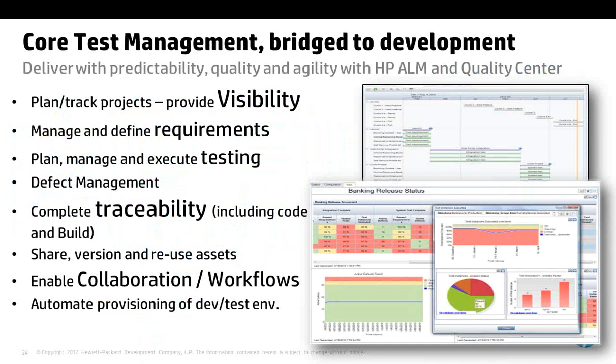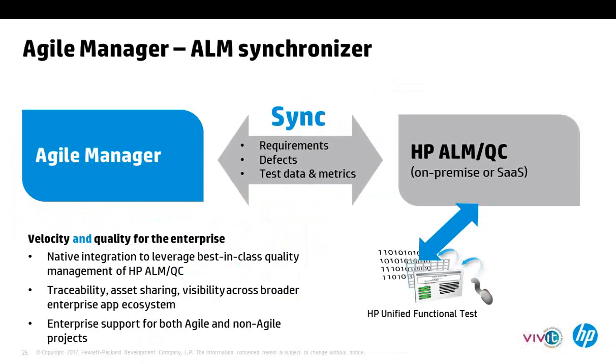And the key point I want to bring out in this discussion is the ability to sync Agile Manager with HP Quality Center and ALM so that the enterprise is able to continue to balance velocity and quality. So while Agile Manager would be the tool to do the day-to-day execution of the development tasks, and Quality Center becomes the platform to manage the testing activity, it is important to synchronize the requirements and the defects between these two systems. So the user stories that the developers are working on in Agile Manager become requirements in ALM or QC, against which the testers would write test cases and execute the test cases.